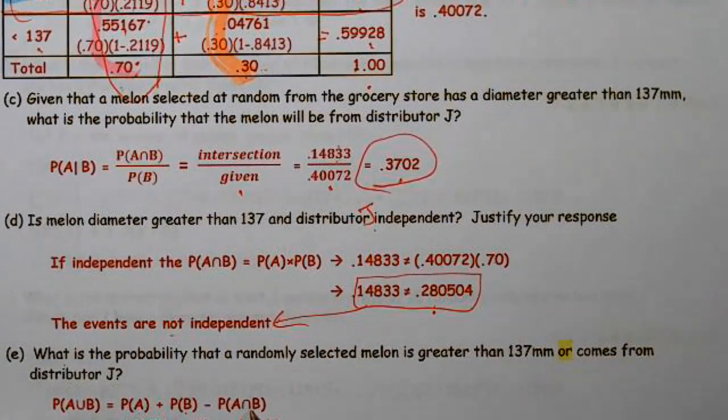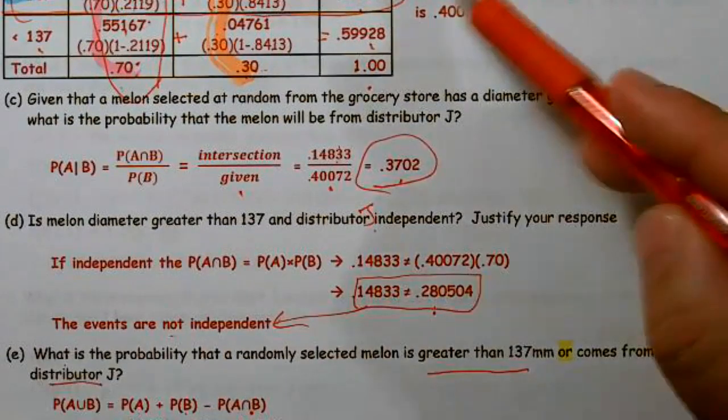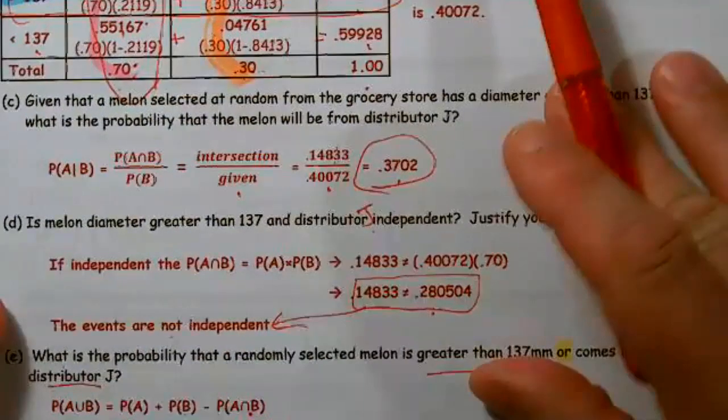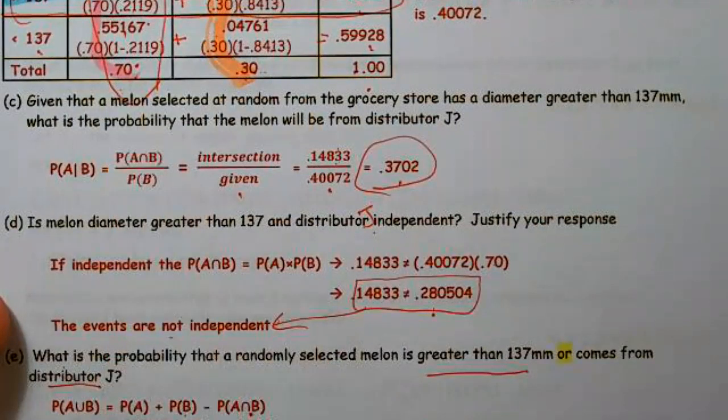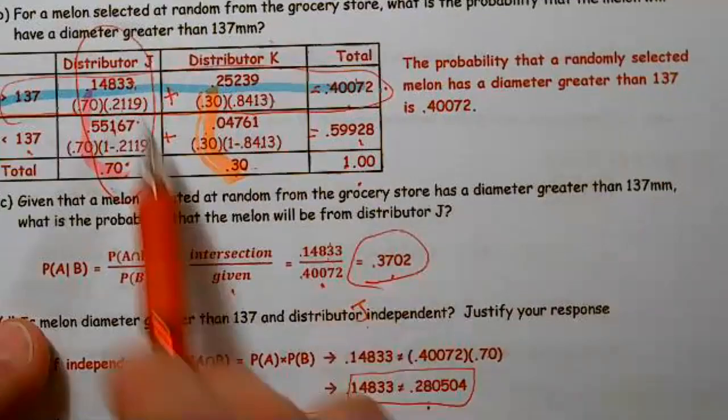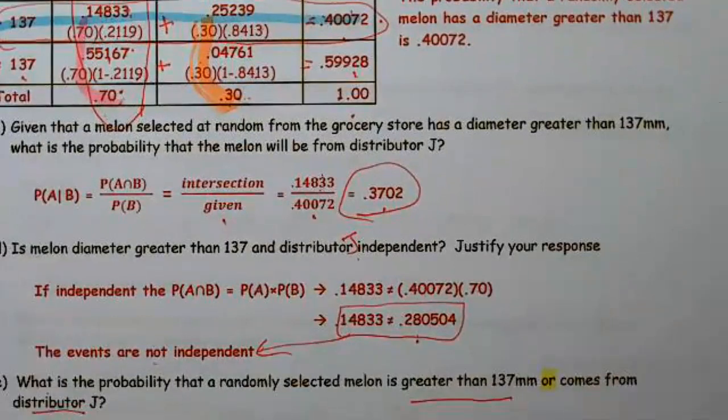Greater than 137 is 0.4072. J is 0.7. So this plus this, but minus the intersection, and my intersection was 0.14833. When I add those up and subtract, I get